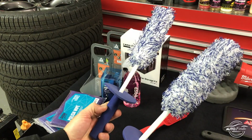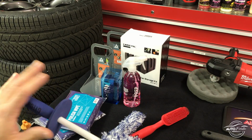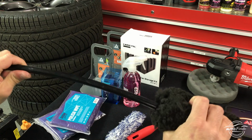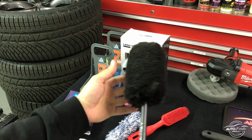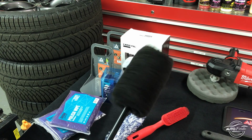Now, we have a GYEON large and a medium brush here. The reason I want to talk about these today is that a lot of wheel brushes are very flimsy on the stem. I'll just show you right here. Here's one of my original Wheel Woolies, and you can see it's very, very flexible. It also doesn't have a very heavy tooth. When it's wet, it becomes very smooth, and it tends to start pushing dirt around the rim as well, especially